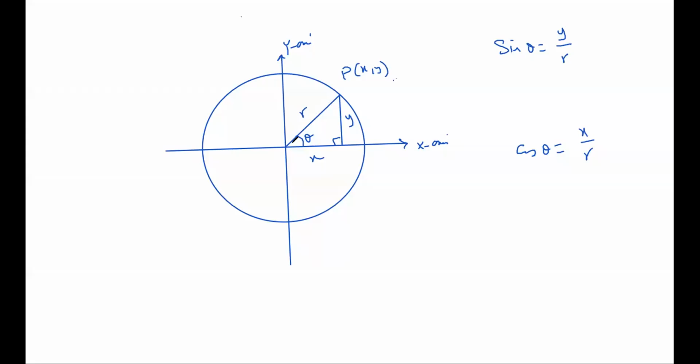So within this circle of radius r, there is a point P whose coordinates in general are x comma y. From this triangle, if this point P is x comma y, then this vertical length is y, and this horizontal is x. If I call this O and I call this A, so OA length is x, AP is y. Now sine theta is y over r, cos theta is x over r, and tan theta